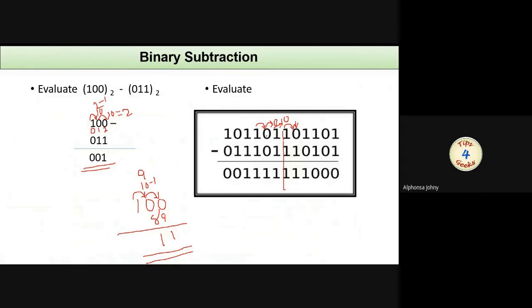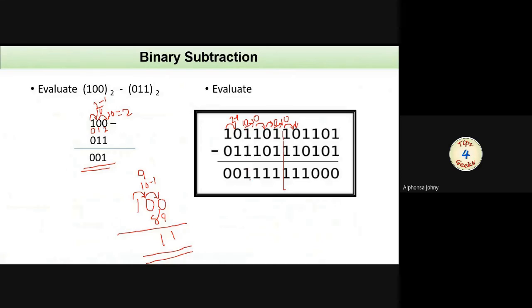But here we have already given a 1 from this location to this location. So here the answer is 1, not 1 0. So 1 minus 0, the answer is 1. Here the problem arises. Here is 0 only. Since we have taken away 1 from this location to the lower order bit, in order to make it 1 0, we have to copy this 1 to this location. So 1 0 or 2, 2 minus 1, the answer is 1. Again here 0 only. So we have to copy 1 from this location to this. So here it will become 2. Then from this 2, we have to take a 1 and give it to the next lower bit position. So it will become 2.